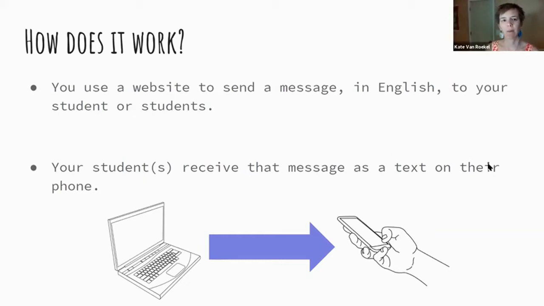Lizzie, we have a question in the chat. Do students need to have smartphones? The only requirement is that the phone number is a US phone number. There are a handful of students that are getting filtered out by that, especially students who travel back and forth between Tucson and Mexico frequently and continue to use their Mexican phone number. As far as that affects you as instructors, I want to say 2 or 3 teachers have students who can't use Talking Points. We're going to contact you individually to let you know who those exceptions are and what we recommend. The vast majority of you, all of your students are able to use this.